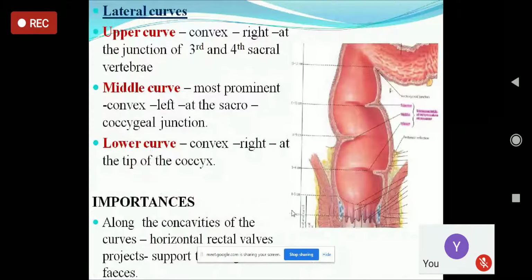So talking about the curve, look at it. This is the upper curve, and this is upper, middle, and lower curve. The upper curve is convex towards the right at the junction of the third and fourth sacral vertebra, whereas this middle curve is most prominent. It is also convex, towards the left side at the level of